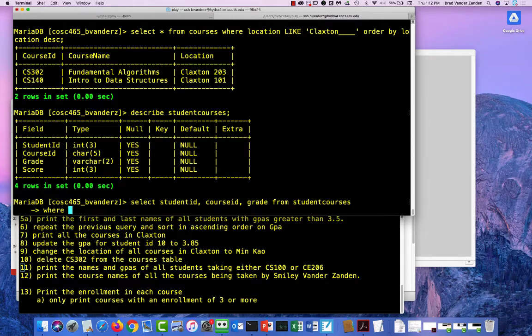Can you repeat that? It's number 11. It's query 11, except instead of names and GPAs of all students, it's